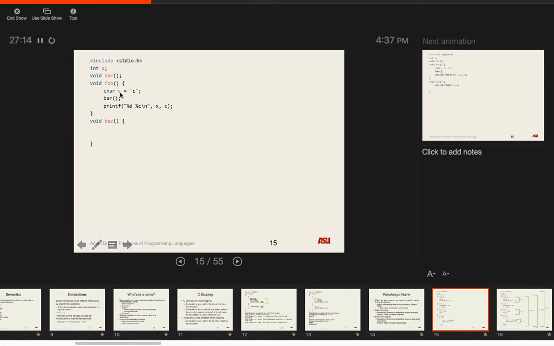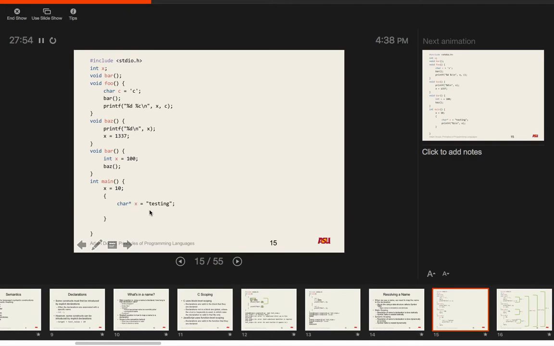And we can define other functions. Let's call it baz. Baz prints out the value of x and sets x to be 1,337. Now we have the body of bar. So this is the function bar. Inside this function, we set x to be 100, and then we call baz. Finally, we have our main function where we set x to be 10, then we create a new block, we define a new